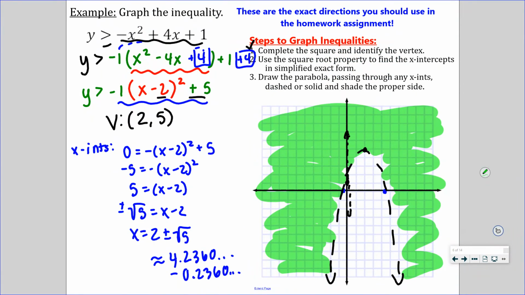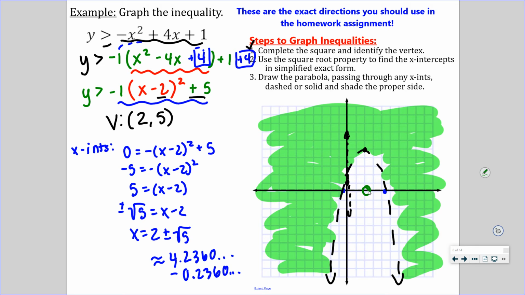And folks, if you're ever not sure, use a test point. Pick a point, hey, (2, 0) clearly lies inside my parabola. Plug in (2, 0), you'll see it's a false statement. So you're like, okay, that's not a solution. Because you're shading all of the possible points that I could plug in here and you get a true statement